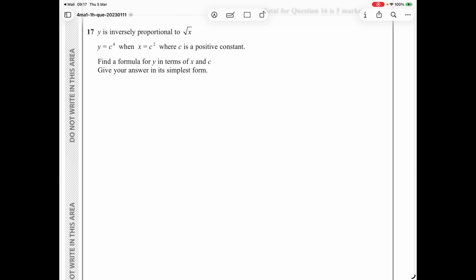From a paper from 2023, and it says y is inversely proportional to the square root of x, or root x. So we can rewrite that as y equals k over root x. Okay. Now y also equals